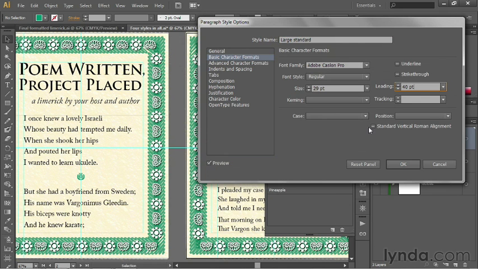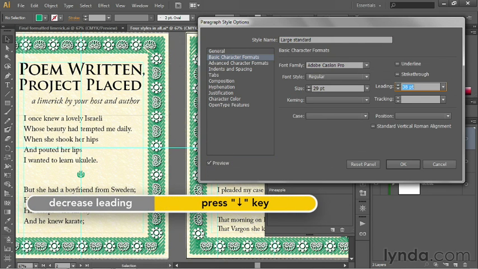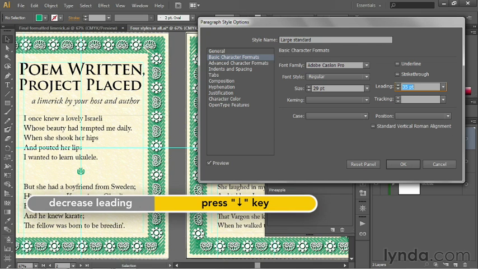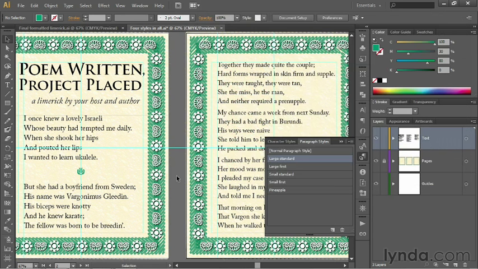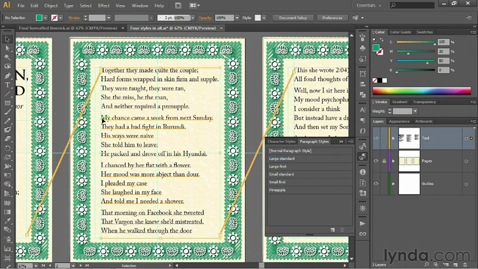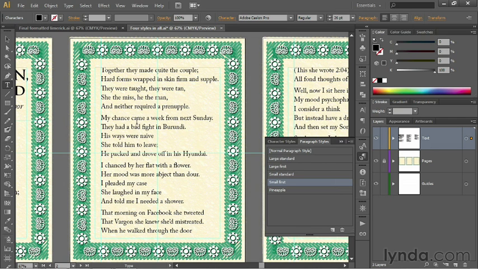Click in the leading value, and then I'll press the down arrow key as many times as it takes to get that text all on one page. And I'd like the bottom of the final line to align with the bottom of the lines on the other pages. So this looks good. A leading value of 35 points works. Go ahead and click OK. Thanks to the fact I was working with a paragraph style, it was easy to change all the text at once. Now go ahead and double-click in front of the word My in My Chance Came a Week from Next